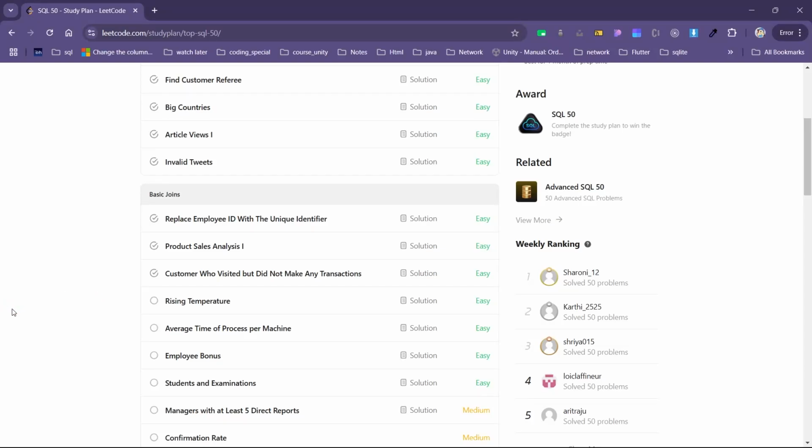हेलो एवरीवन। सो लास्ट वीडियो हमने सॉल्व किया था क्वेश्चन नंबर 7, दैट इज कस्टमर्स हु विजिटेड बट डिड नॉट मेक एनी ट्रांजैक्शन। सो इस वीडियो में हम सॉल्व करने वाले हैं क्वेश्चन नंबर 9, जो कि है राइजिंग टेम्परेचर्स। सो लेट्स गेट स्टार्टेड।